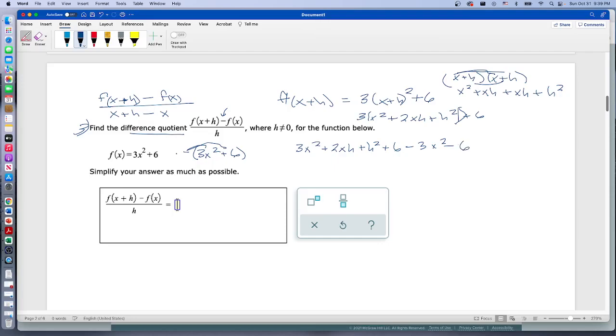So that's one of the key things: make sure when you do the subtraction, you distribute it through to all of the original function. So there's our f of x, that's the second part, and this is all now over h. Okay, so this first part is f of x plus h, and the second part is just f of x, and then what we'll see is that we get some canceling going on. We get a negative 3x squared and a positive 3x squared. We get a plus 6 and a negative 6. So what we end up with is